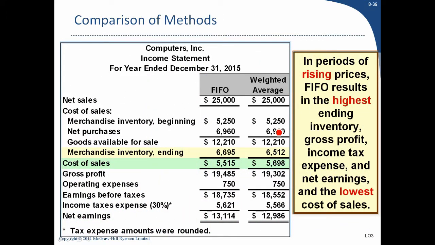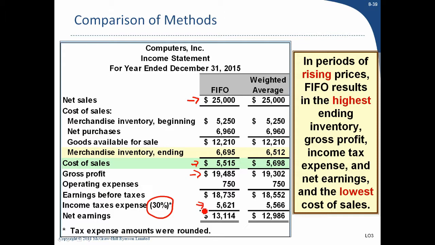So here's a comparison of how each method impacts the income statement. Net sales shouldn't change, right? We still sold however many phones or however many units of copper if we're a copper buyer and reseller. We still recognize revenue for 25 grand in this case, right? However, our cost of sales were different, and therefore our gross profit was different. Our OPEX, our operating expenses, are the same, but our earnings before tax are different,